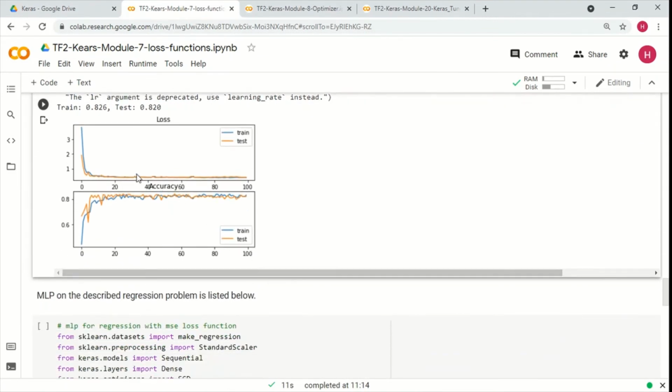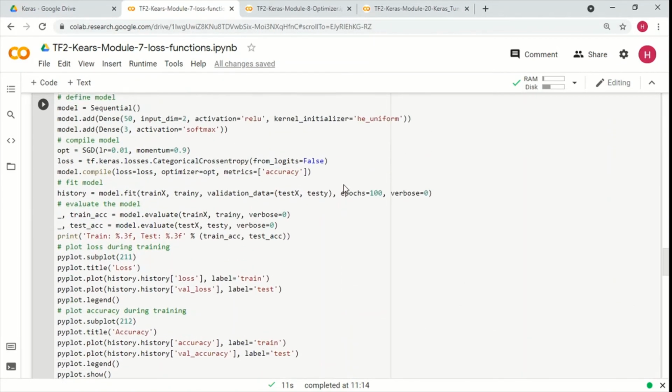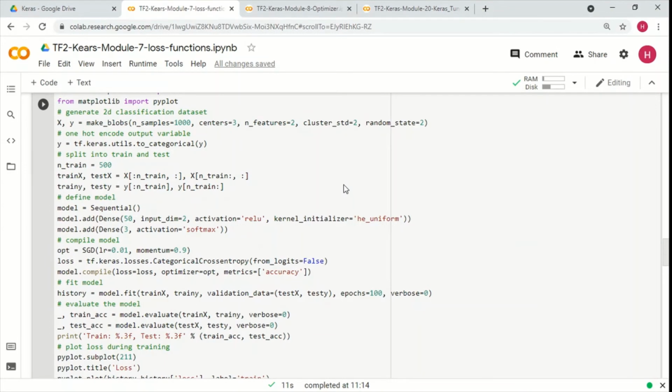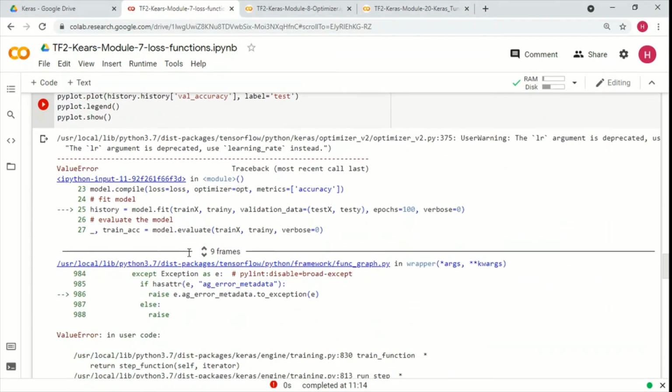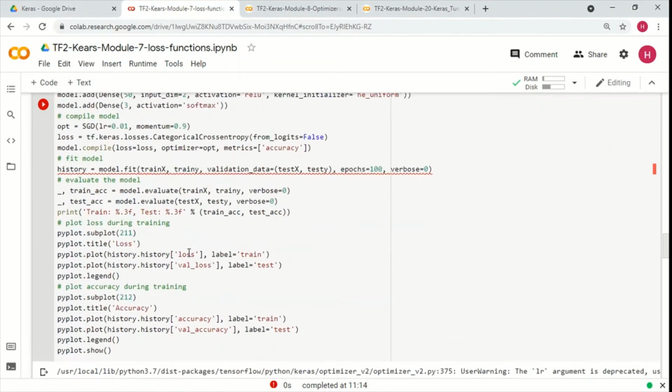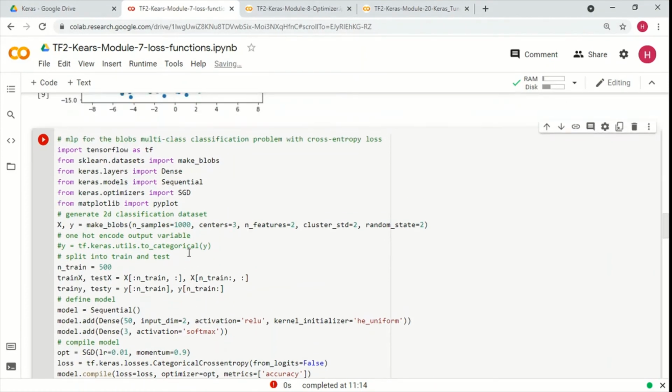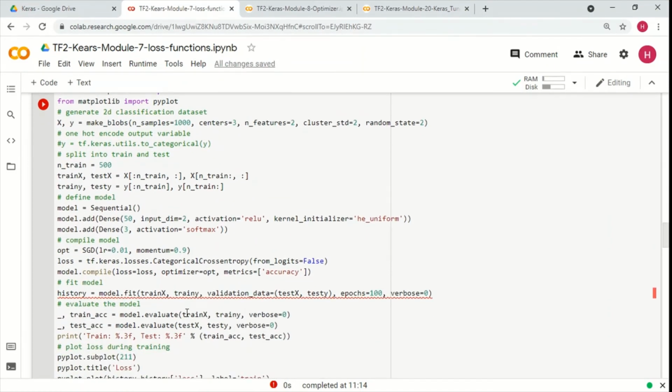There you go. So these are the results that we get over here. Now we can also try one more thing. Rather than using the categorical cross entropy, let's say we do not one-hot encode the labels. Okay, what will happen? Let's comment this out and run it. We are getting an error here, because we need one-hot encoded labels. Now as we said, if we use a sparse categorical cross entropy,